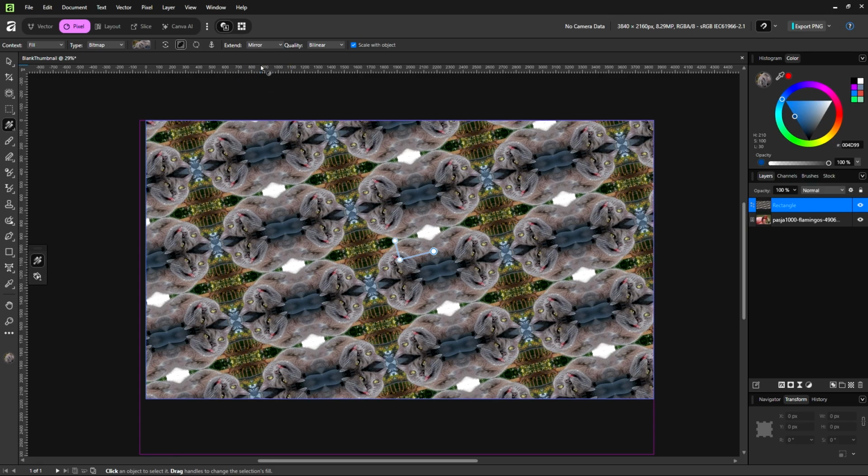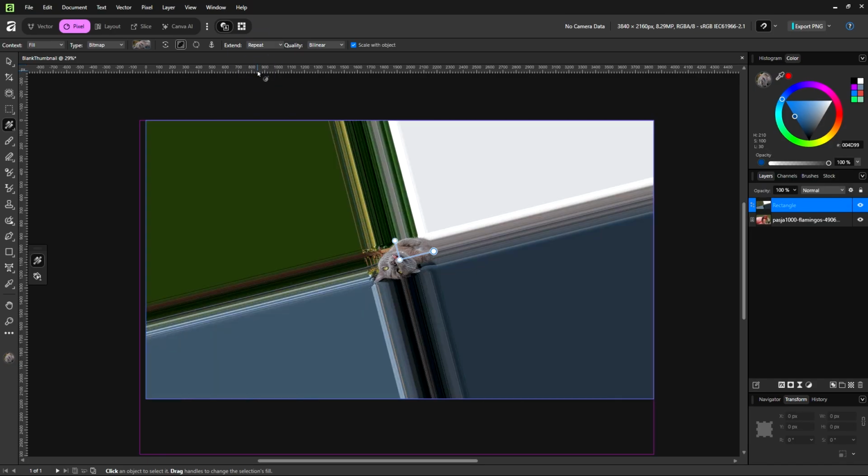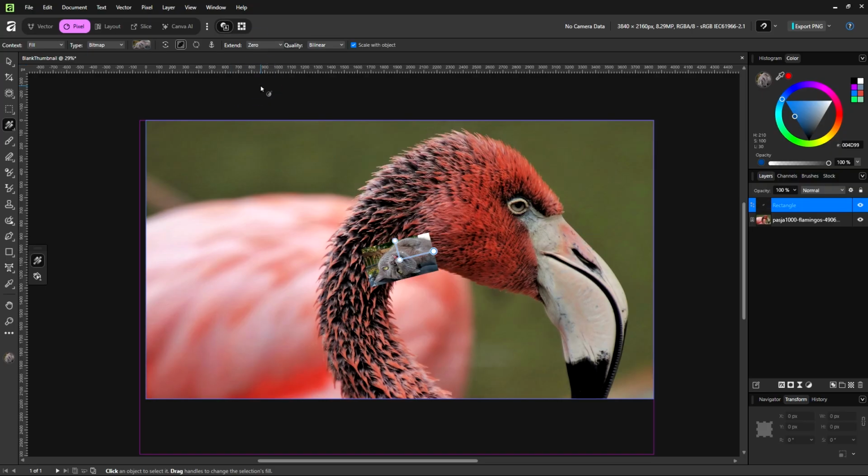Mirror does the same thing, but for every other instance of the image, it flips them both horizontally and vertically. Repeat. Yeah, it basically extends the color at the edges of the image. And then 0. So literally just one instance of the image in the entire object.